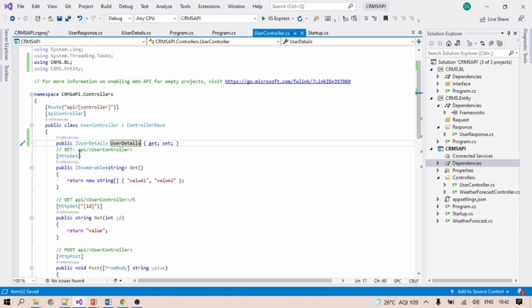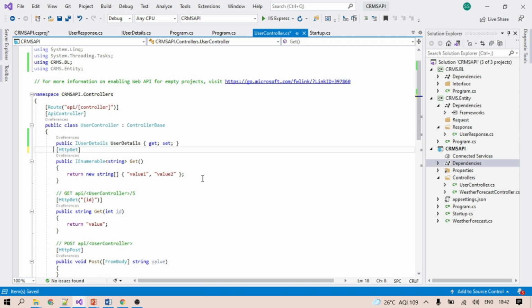Here you can see our API slash get is actually commented, so it does not matter, you can remove it. It's for understanding if you want. These are the attributes, http get, whatever keywords we are using above the action methods and above the controller are attributes, also called filters. So that we need to take care of.